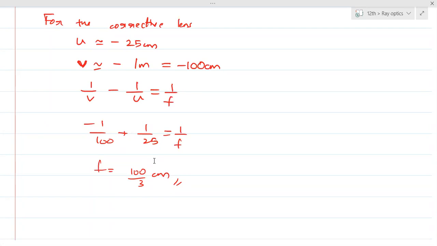So just practice a few problems based on this. I think they are given in the module. If you just do that, it will be easy. There will be just a few fixed problems on this, so practice and it will be fine. This is how you have to do it. Once you get the focal length, you can find out the power also. Okay?